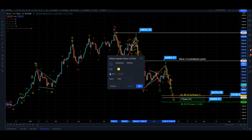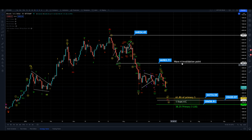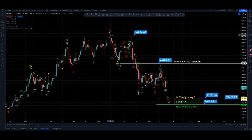And let me show you a couple of things that help support this count. Firstly, we have no wave 4 invalidation, that's nice. We have an excellent relationship between the wave 1 and the wave 3. If we come from the top of the wave 1, down and then back up to our wave 2, we get a 1.618 extension for our 3, almost to the tick, which we like. That's very nice. So given that extension in the 3 to the 1.618, 1 and 5 will likely share some degree of parity with one another, hence why 1 from 4 in C is one of our targets down here